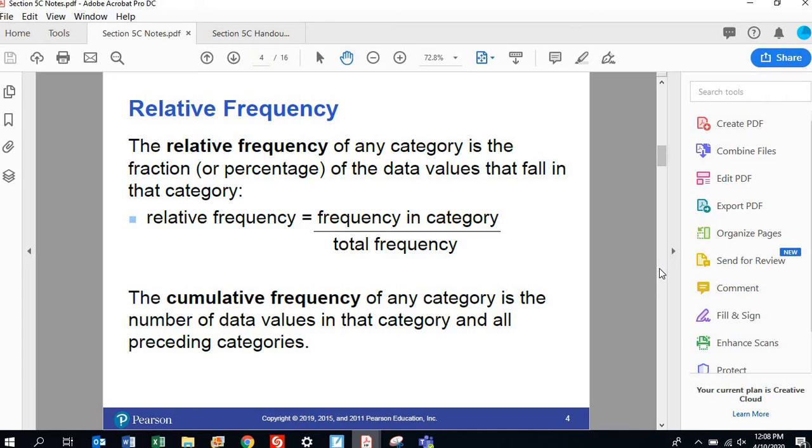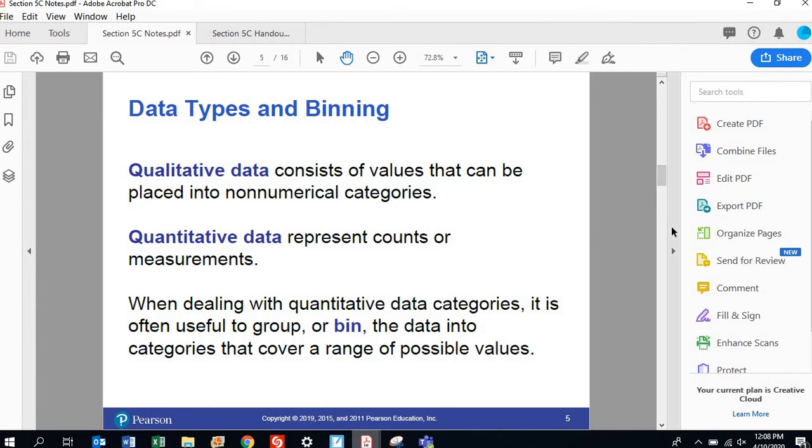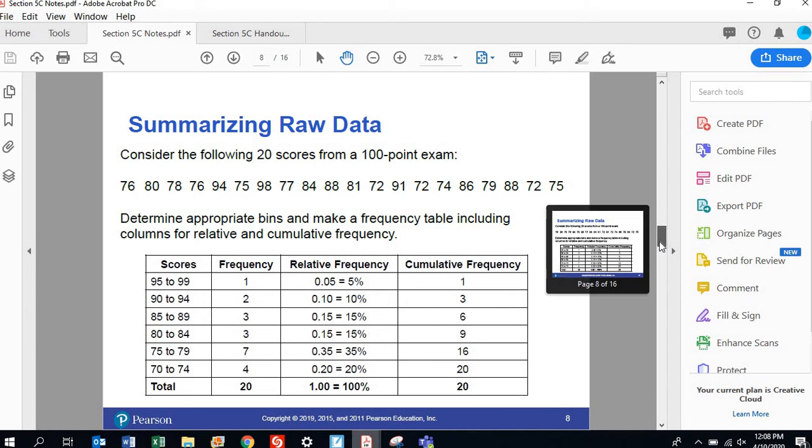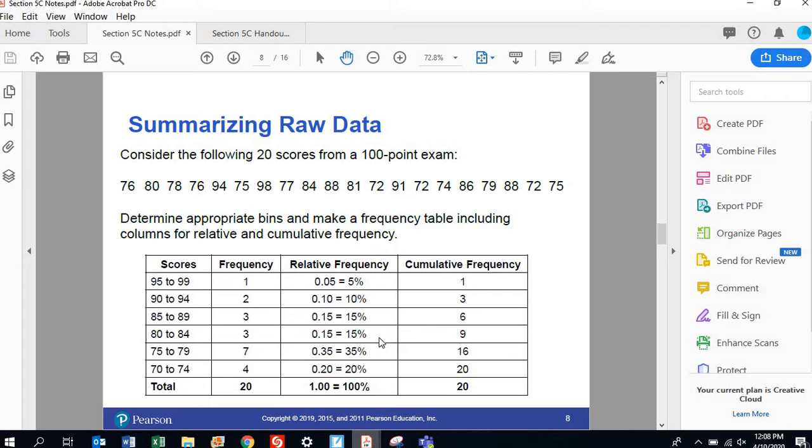Okay, and so I'm going to go to this picture to give you, and I'll go back and forth, how this looks. Right, so you've got your first column. This is the category, okay, or we call these classes sometimes. Okay, so these are the classes, and you'll notice that the classes have a couple of things in common. All right, so for the classes, there's two things you got to have. One is we typically have 5 to 7 classes. We don't want too little and we don't want too many. And then the other one is they are all the same size,